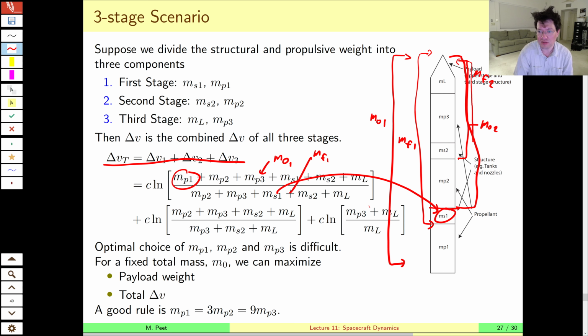Sorry, you can't really tell that. There you go, MF2. And so you get a delta V off that. And then the delta V you get from the third stage, for this three-stage rocket, obviously, is again,